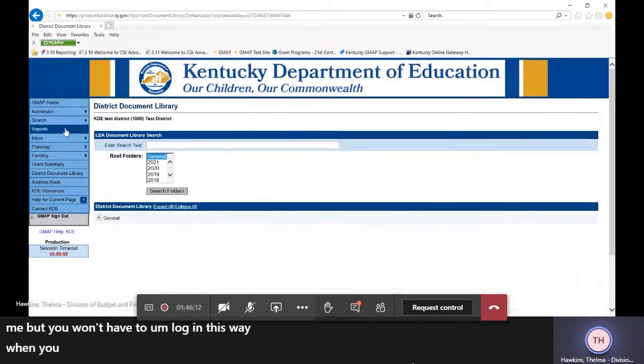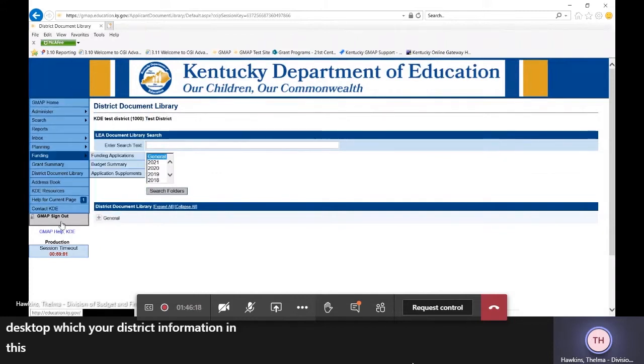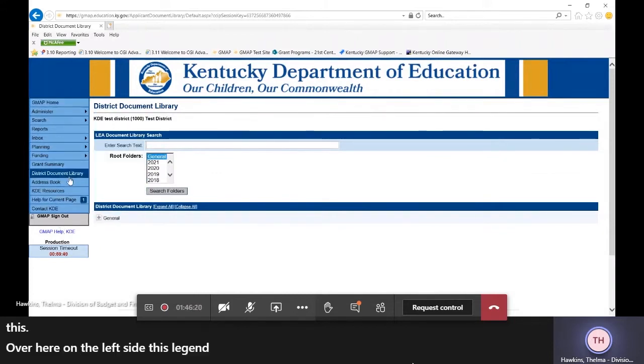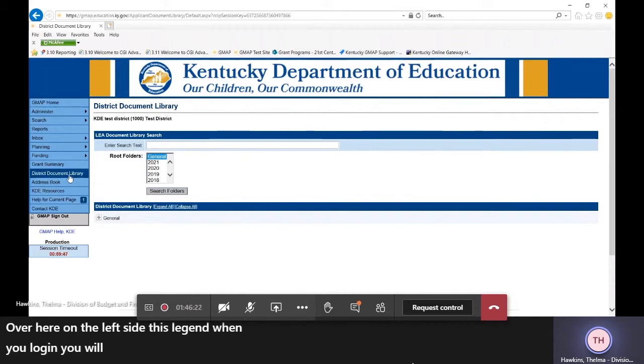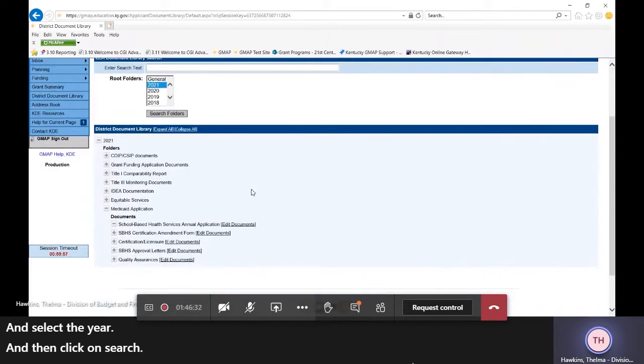When you log in, like I said, you'll see your desktop with your district information, and over here on the left side, this legend, you will need to click on District Document Library and select the year, and then click on Search, and this will show all of the folders that are available for different uses.